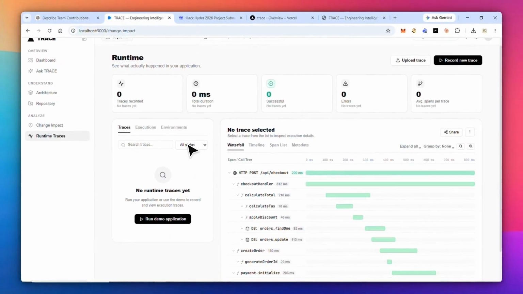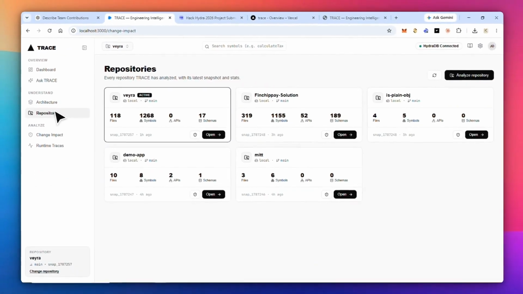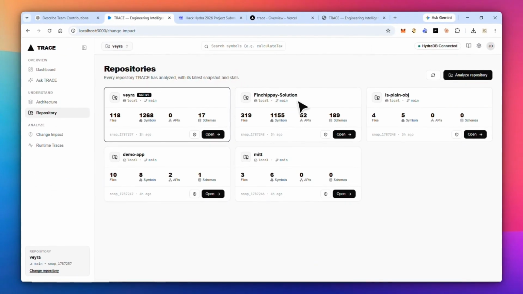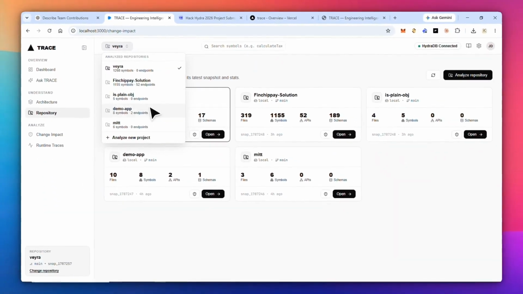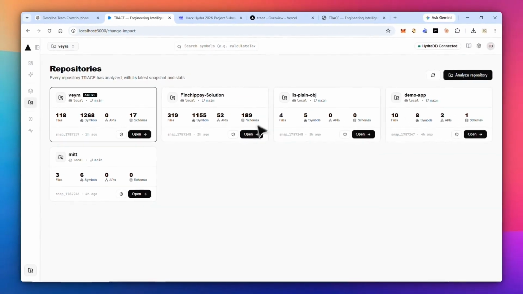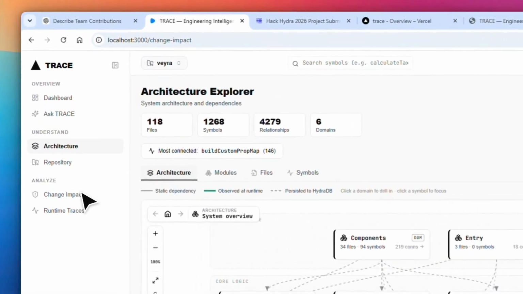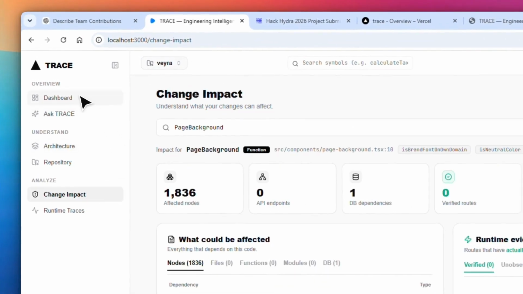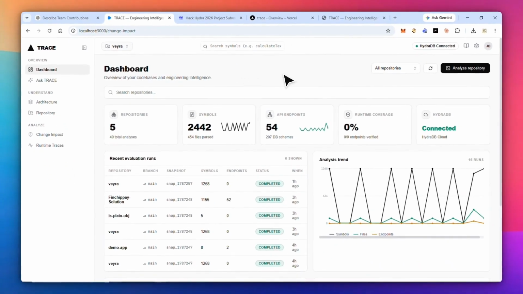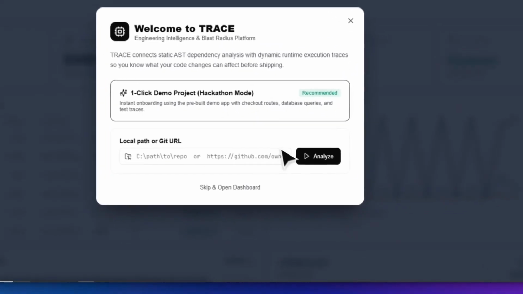That's why Trace also has a runtime layer. When the application is instrumented with Trace, it records real execution paths and creates runtime entities such as requests and execution spans. Those runtime events are connected back to the static architecture through the same graph. Now we can move from a real request through its execution paths and back into the function and API responsible for that behavior. This gives developers both sides of the picture: the architecture that exists and the behavior that was